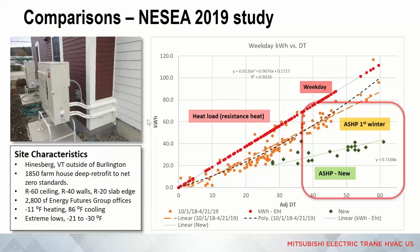One consideration with sizing and system design is thinking about low loads and part load conditions. This red line was electric resistance for this particular study. It was an old building that was retrofit to offices. When they first put in the first system, they weren't getting very good performance out of it. It was better, but not significantly better than electric resistance. That was that first winter. But once they realized what was going on, they made a change and put in a modified air source heat pump system that actually got to that 40% reduction, or in the neighborhood of that 40% reduction, because they